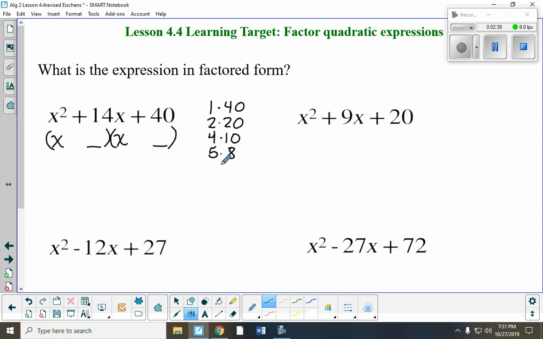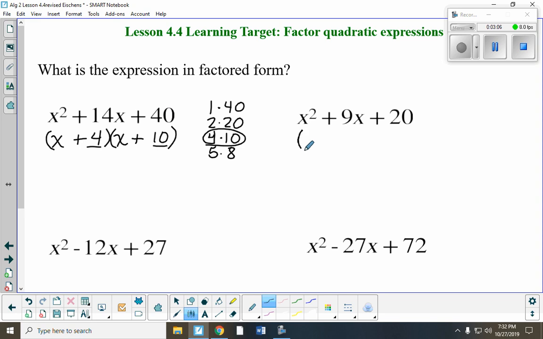Now, remember, those factors have to add up to 14. So we look for the pair that adds up to 14. So that would be 4 and 10. And it needs to be a positive 40 and add up to a positive 14, so those signs are both positive. And if you just multiply that back together, you can FOIL it back together, and you will see that it gives you your original